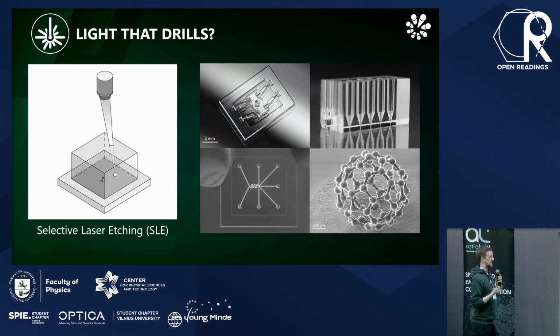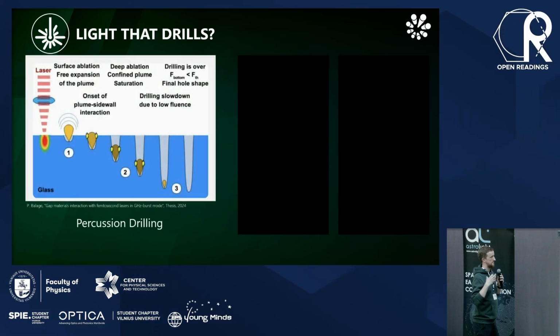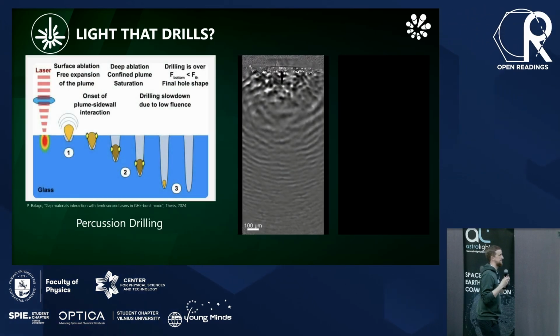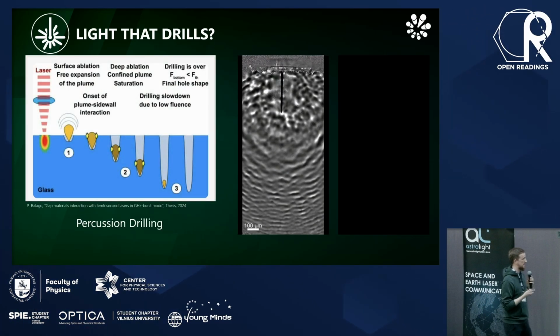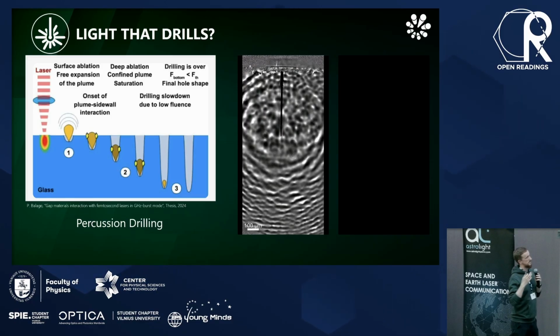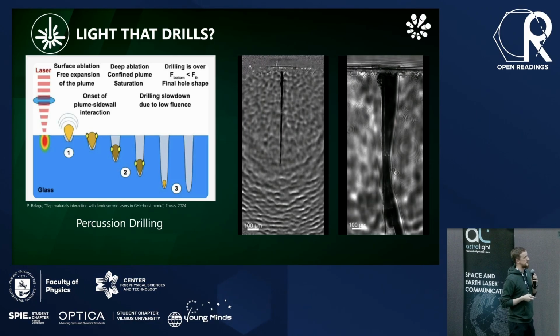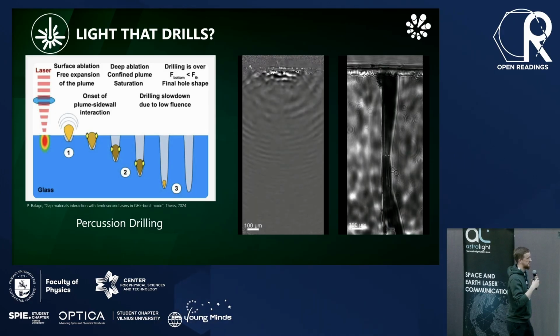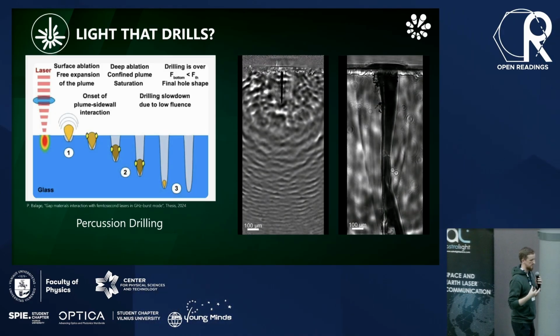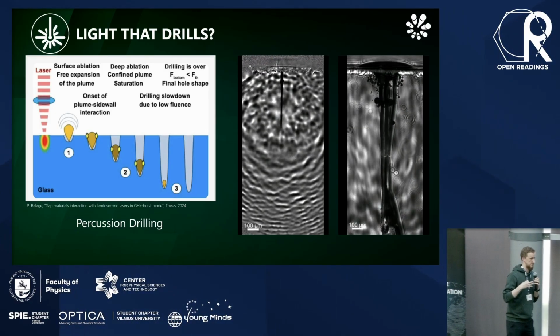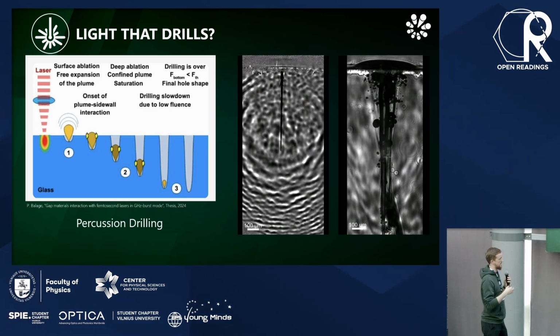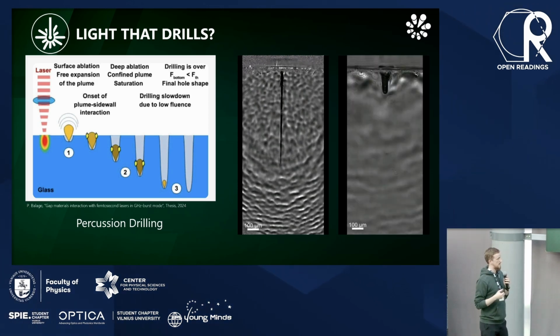But having a laser with stable pulse-to-pulse energy, we can drill through the glass in high-quality holes. Here you can see an example on the left of how high-quality drilling, or through glass via, can be done. And on the right, you can see how it looks without